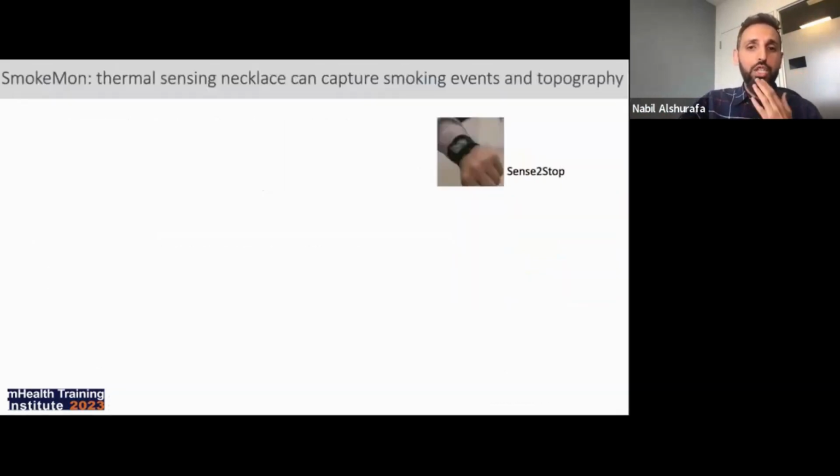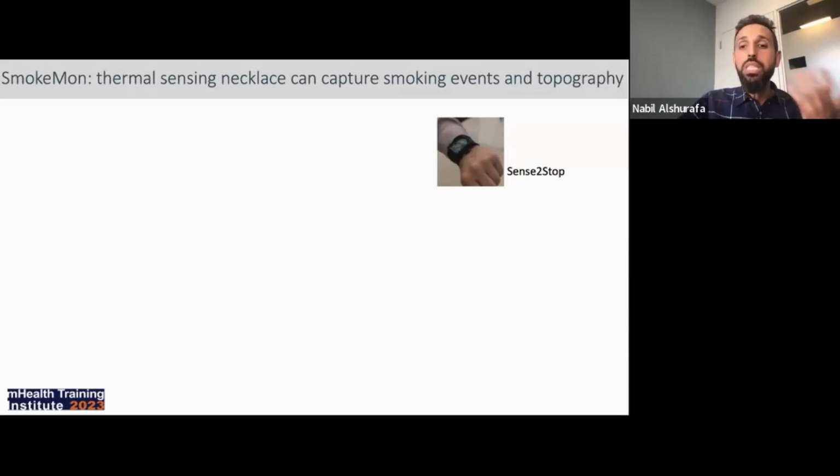All right, here I worked quite a bit with Santosh and Bonnie Spring, who you heard from earlier today, in their MD2K project, Mobile Data to Knowledge, on the Sense2Stop project. Here we were using wrist-worn devices to capture the smoking gesture.